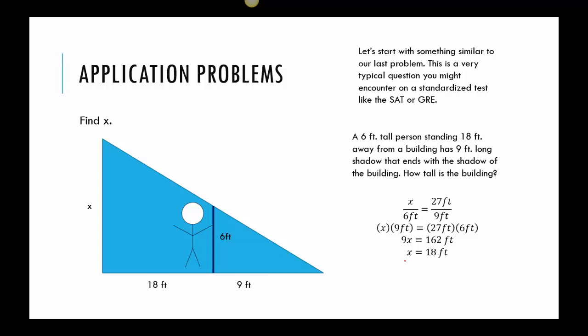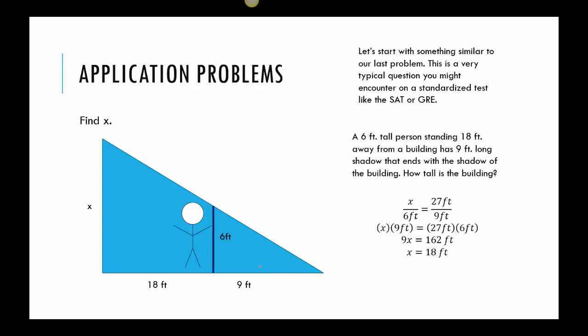Okay, so I did my best to represent this with a triangle here, and it kind of reminds me of the last one where I have this outside triangle and an inside triangle. So the height of the building, I don't know. I called it X, and then I threw a person in here and said they're 6 feet tall, and they were standing 18 feet away from the building, and there was a shadow that the man had. I'm assuming it's a man because it's 6 foot. Totally could be a woman. Sorry about that. The 6 foot tall person, I guess, is what I should say, is 9 feet away, and